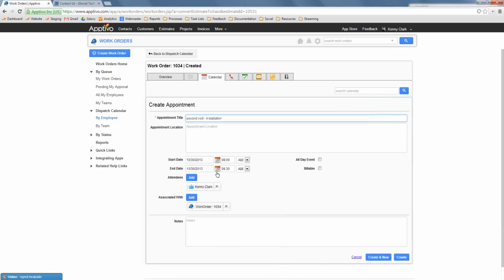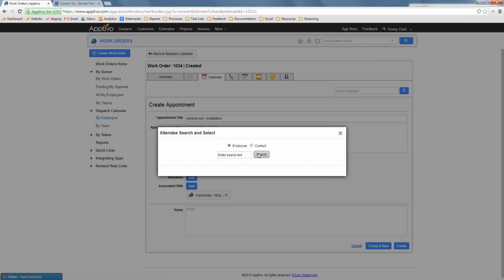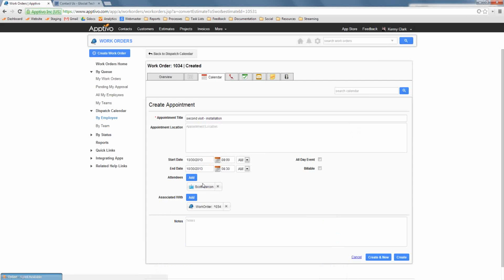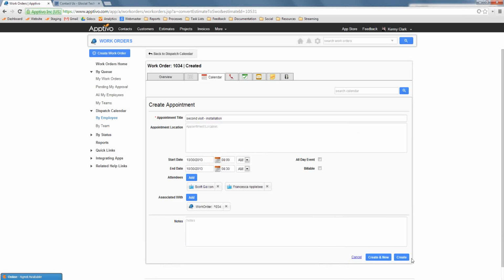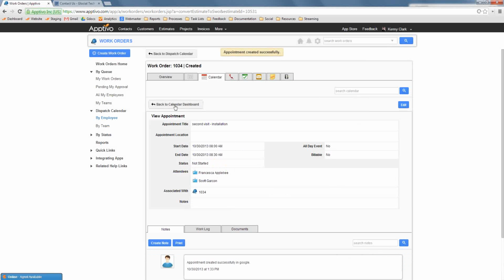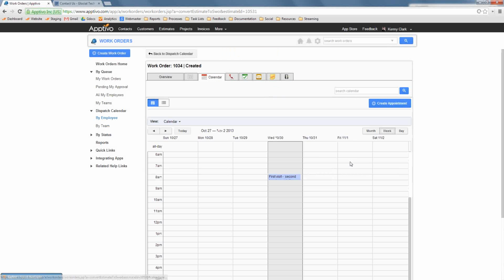Maybe I have a completely different crew who does the installation. So I'll come through and I'm going to add Scott and Francesca to do the installation. So you can see there I've got the 2 different appointments, and the 2 benefits of doing something like this